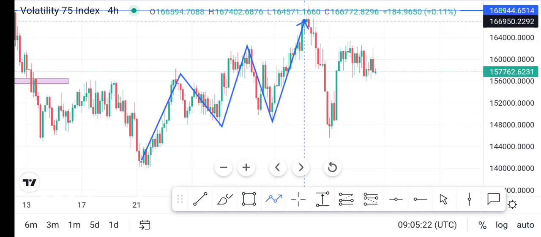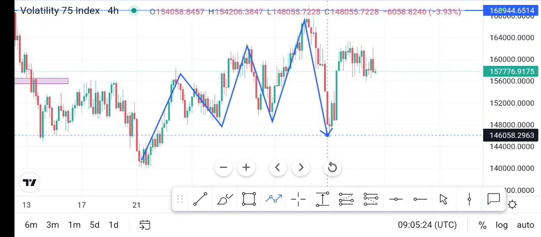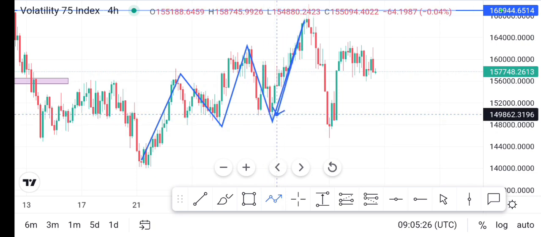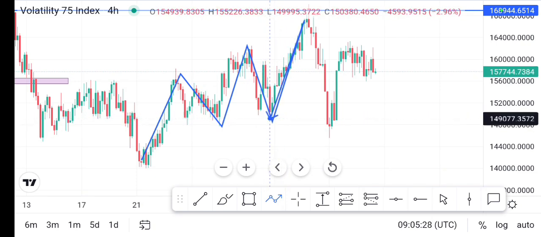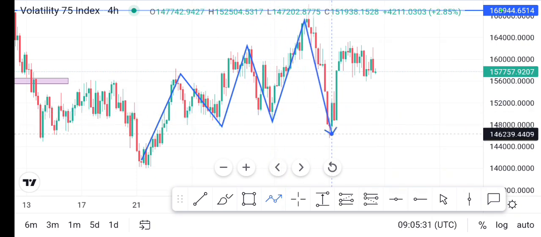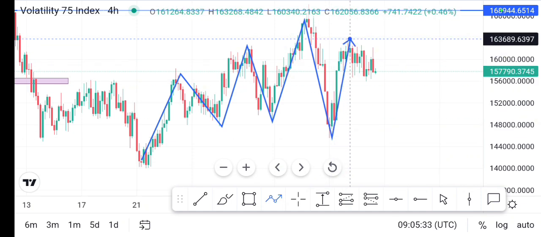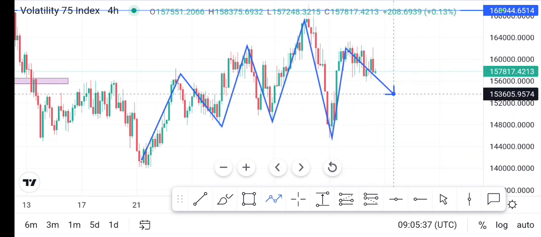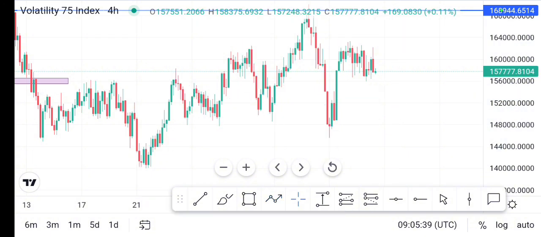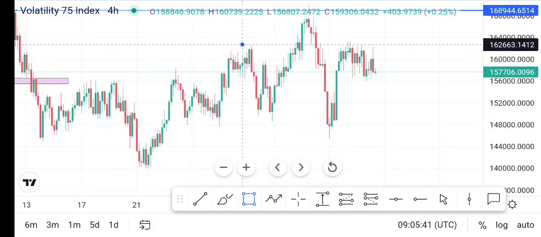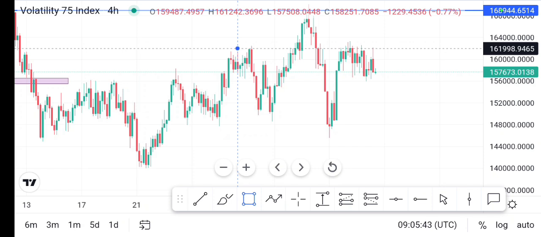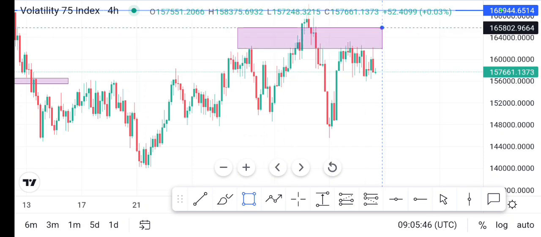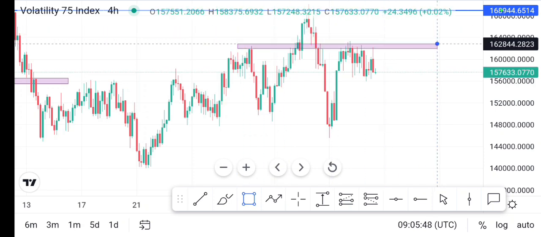And then we made a high here, and then we have come back, and then we have broken the recent high. So we made a low here, we have come back here again, and then we are continuing down. We can see that right now here we had some zone. If we start from here like this, we can see that we have a good zone here.